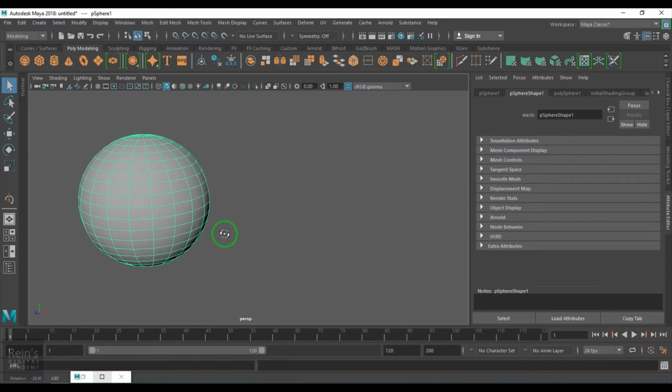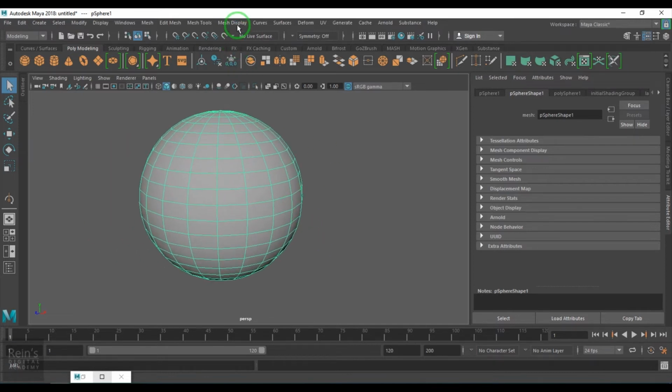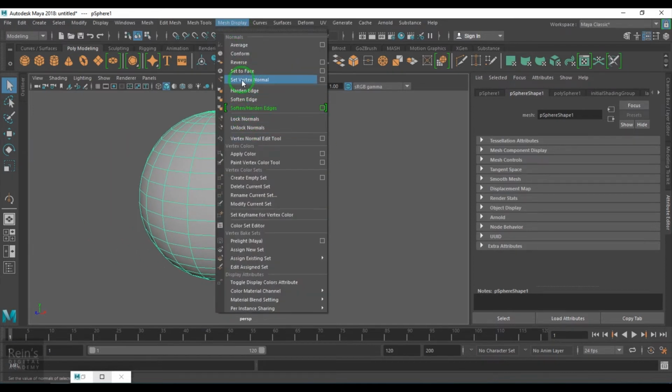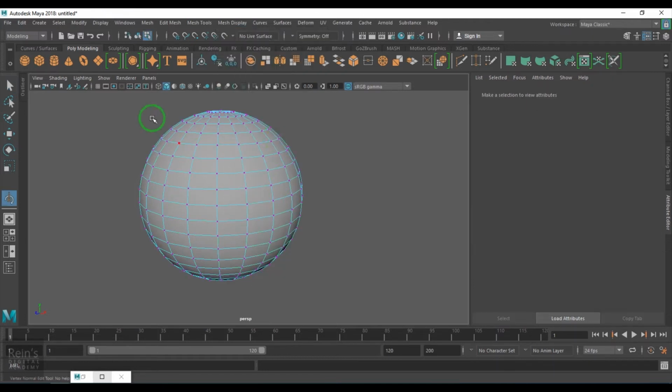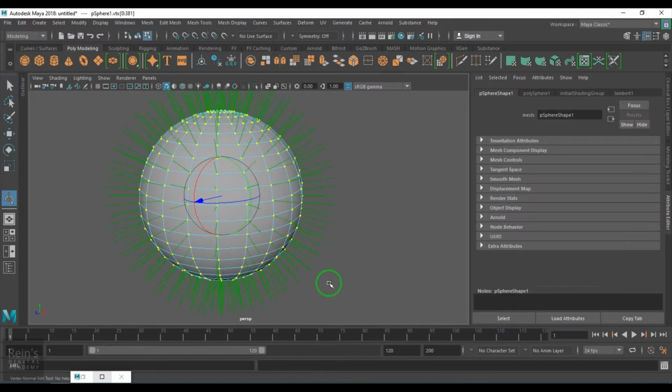So what I will do here is go to the mesh display and go to this tool called the vertex normal edit tool. Select all the vertex points, and then all vertex points are selected, and we get a chance to rotate the normals.